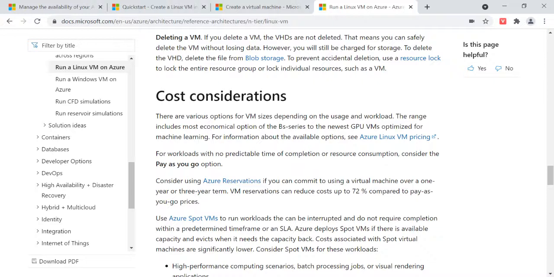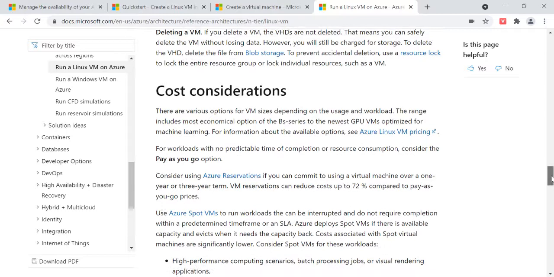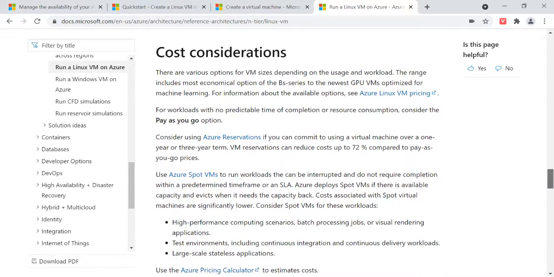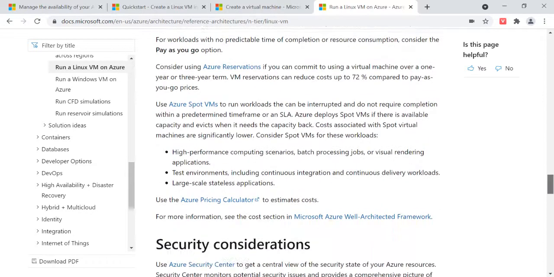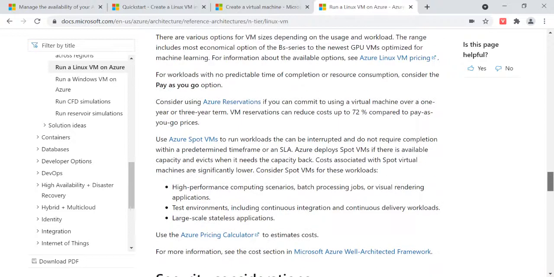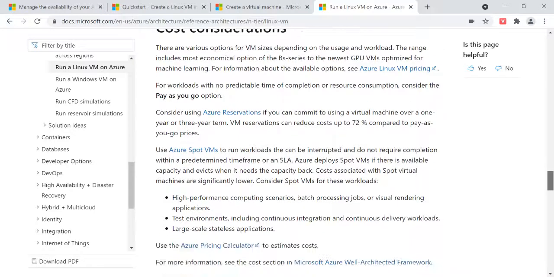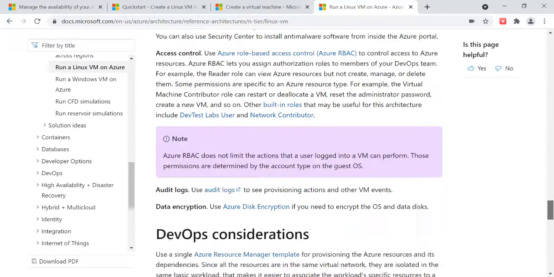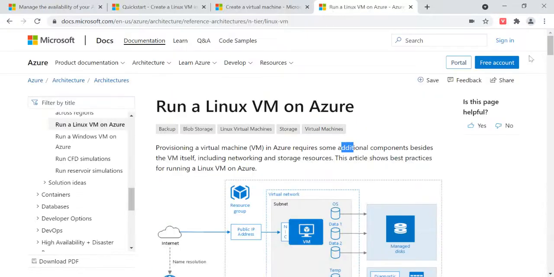And next, stopping that will cost you nothing, it will not cost you anymore. Internally, the rack of the service will be deleted if you stop that particular VM. So these are things we have to remember, coming to cost considerations, which depend on the subscription level and what you have selected. Security is one more thing we have to look after when creating this VM. So these are the things you have to know before creating a VM.